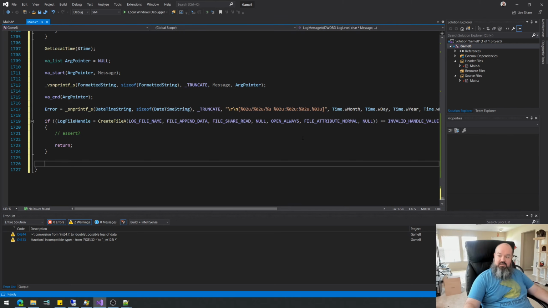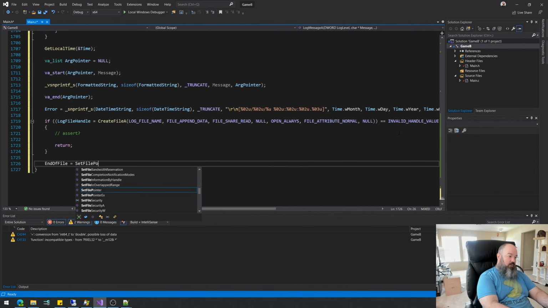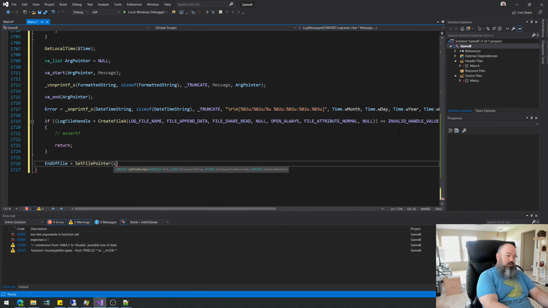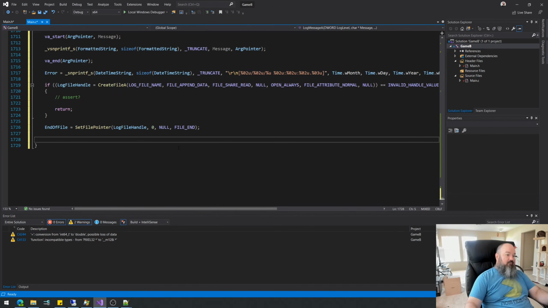All right, we just opened our file. We have to go to the end of the file, so SetFilePointer, log file handle, distance to move 0, null, FILE_END. This is basically, we're just setting the cursor to the end of the file, so no matter how long the file is, we're going to the very end of it, and then we're going to append